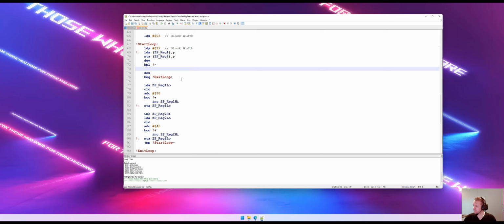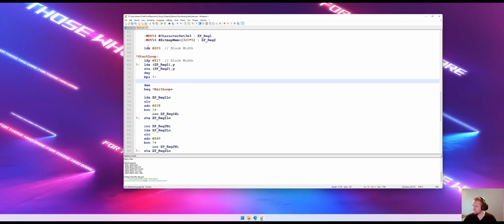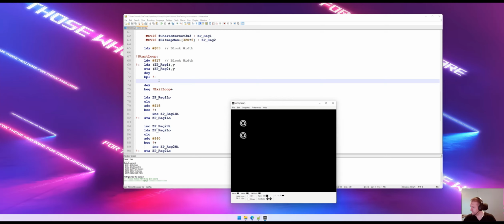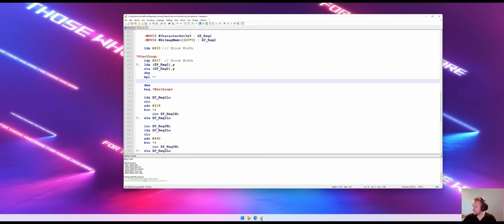So this should basically allow us, depending on the width or the setting on X register, to determine how many columns we are printing out. Let's just see if this works. And it looks to be okay. Let's decrease this one by 1,